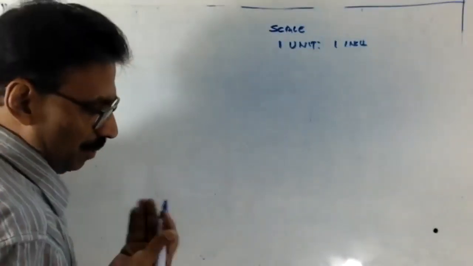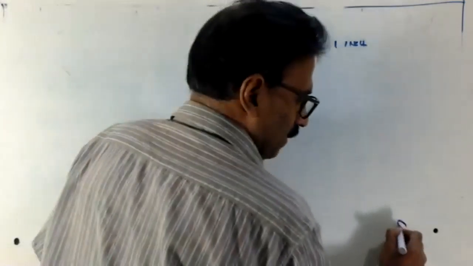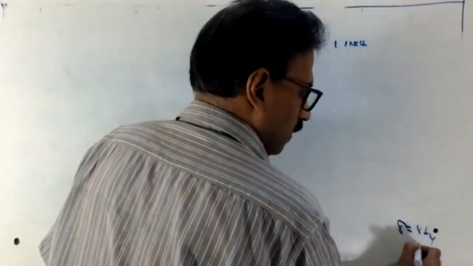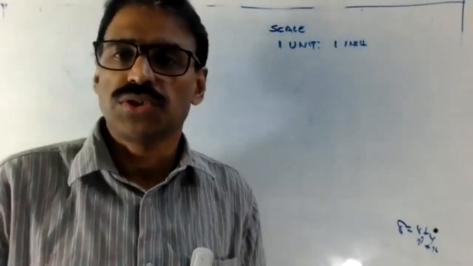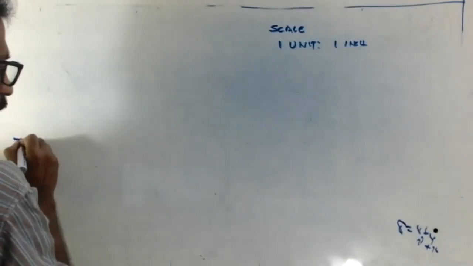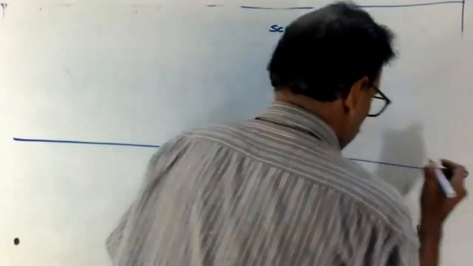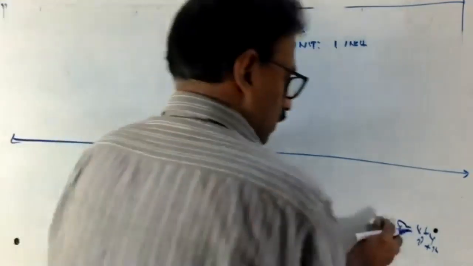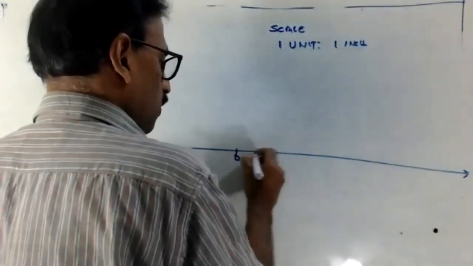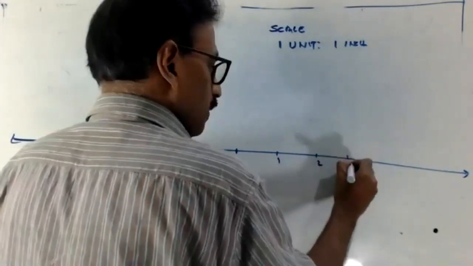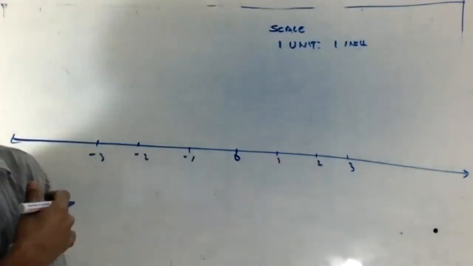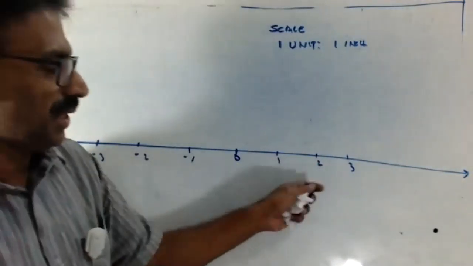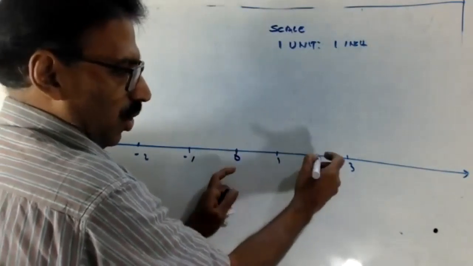Then you keep in your mind or in rough working: 8 equal to 4 plus 4, so 2 square plus 2 square. Then we come to know the base is 2, height also 2. Okay, all data is ready. Then draw a number line, a nice number line. So here 0, 1, 2, 3, minus 1, minus 2, minus 3, just to show the number line. Base you are taking 2 units. Here 2 units. Draw a perpendicular.